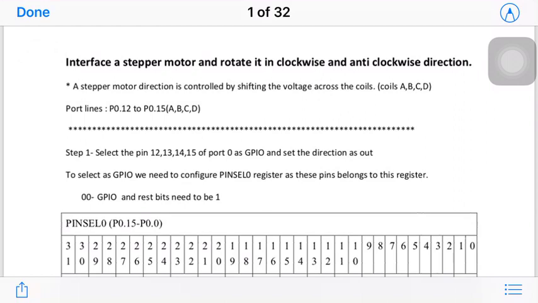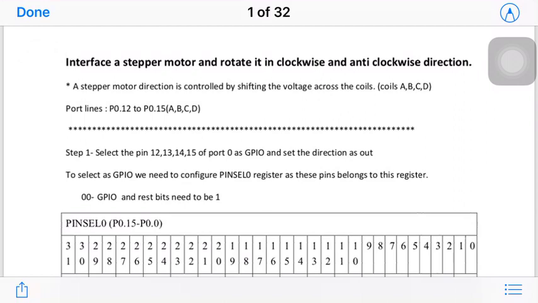We know that a stepper motor's direction is controlled by shifting the voltages across the coils. If we have a stepper motor with four coils A, B, C, D, as we have already discussed in our module 3, then to connect it to our microcontroller we require 4 pins. The pins we are going to use are port 0, pin 12, 13, 14 and 15.